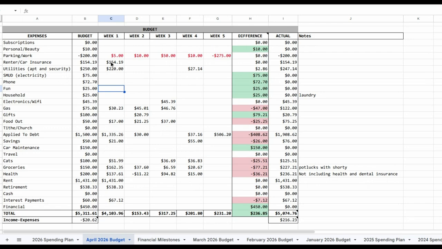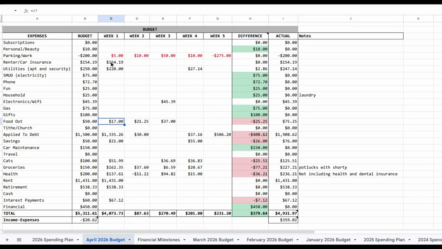Yeah, basically it's miscellaneous. Alright, my electronics and Wi-Fi, I'm keeping this amount because it's a reoccurring $45-$39 charge that I know what it's going to be. For my gas, I have a quarter of a tank left, so I don't know when I'll get that. Gifts, I am getting my mom something for her birthday, simply because she gets me something every single month. And then if you saw my last video, I accidentally used her credit card to buy my cat something, so